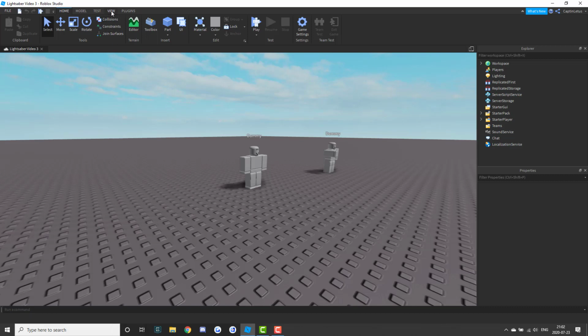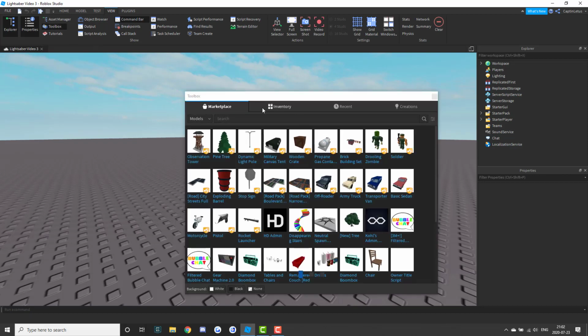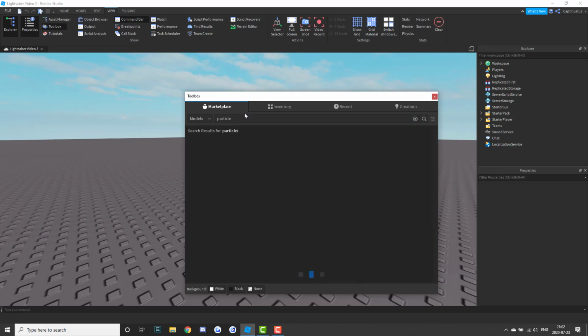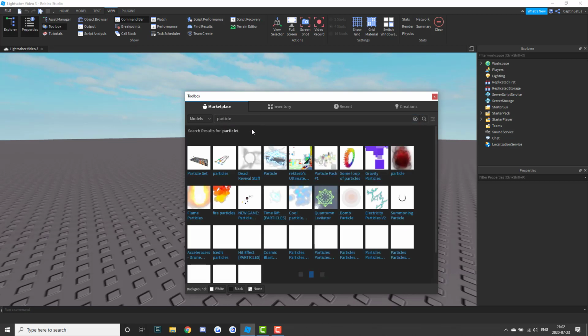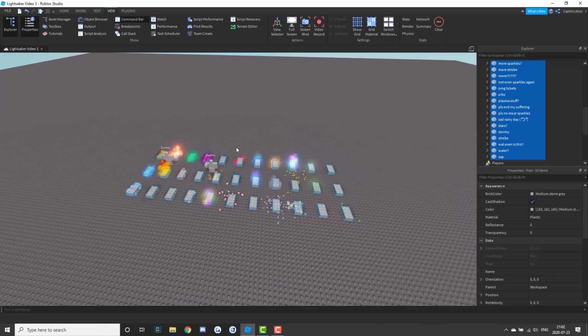So let's first go over to our View tab and open up the toolbox. And what we're going to do first is we're going to search for some free particles. So we're just going to search in particle, and it doesn't really matter which one you pick as long as it looks like there's multiple particles in the set. So this one, let's just go with this one, and it's going to import all of these particles here,